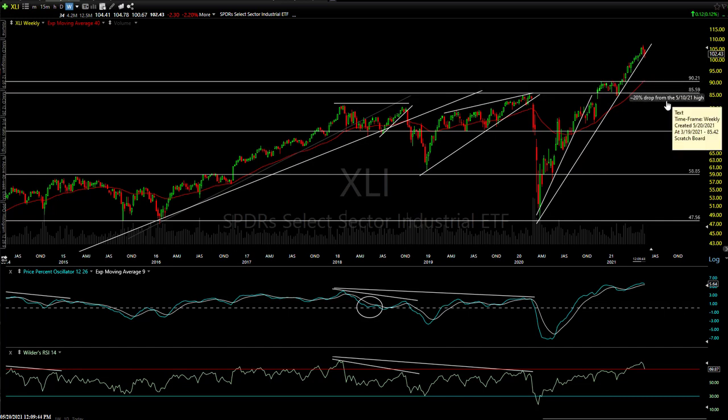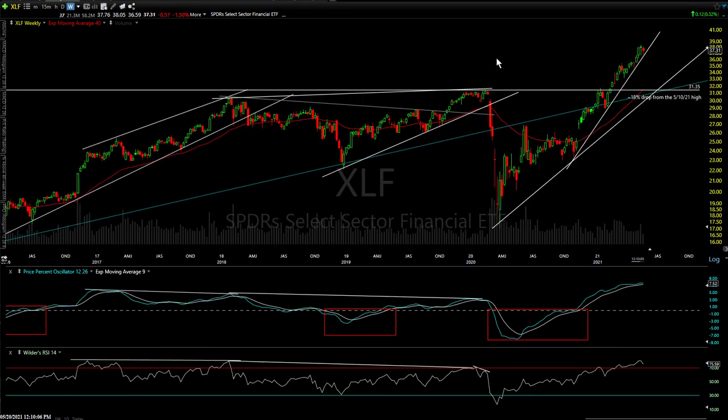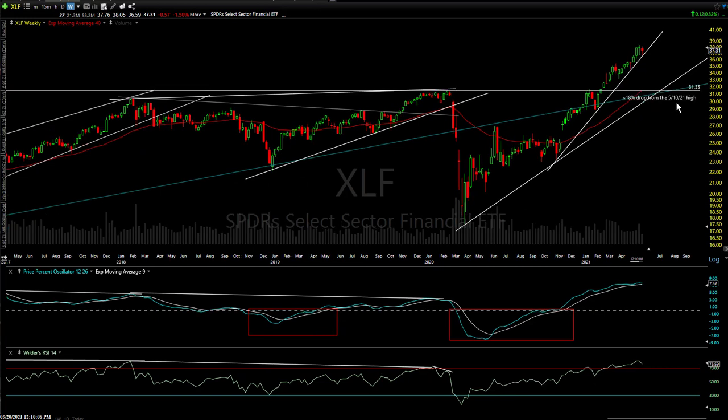I just want to gauge how much I think the market is poised to correct, in case I'm making your head spin with all these short-term, near-term levels. If you're a swing trader trying to gauge how much the S&P or this sector will drop, 20% is what I'm looking for in the industrials. And then XLF, the financials, peaked so far on the 10th, I think it was the 10th or the 7th, and I'm looking for about an 18% drop down to 31.35 right there, and or the trend line. They both come in together. That's my pullback target right there.